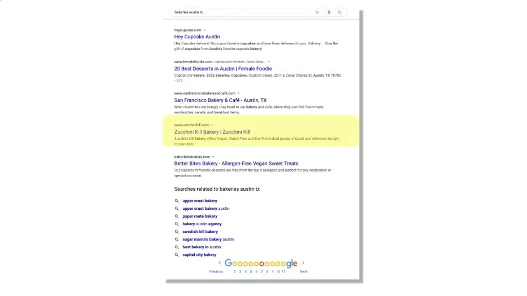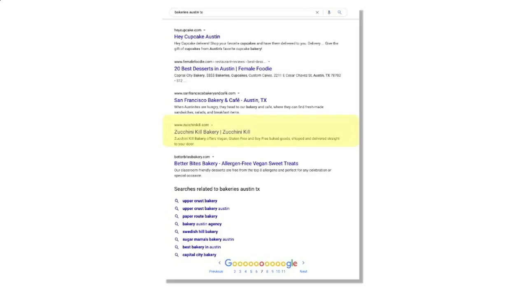So here's an example that really stresses the importance of keywords and SEO and how this all plays together. This is Zucchini Kill Bakery here in Austin. They offer vegan, gluten-free, and soy-free baked goods. As a consumer, if I search bakeries, Austin, Texas, Zucchini Kill pulls up on page 7 of the results.